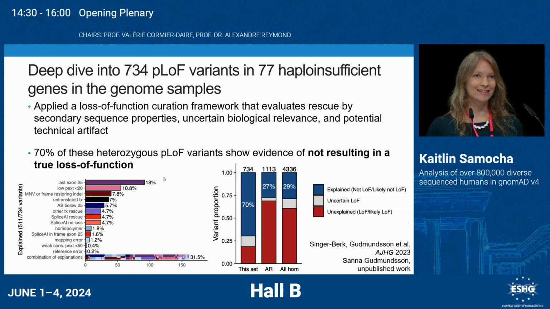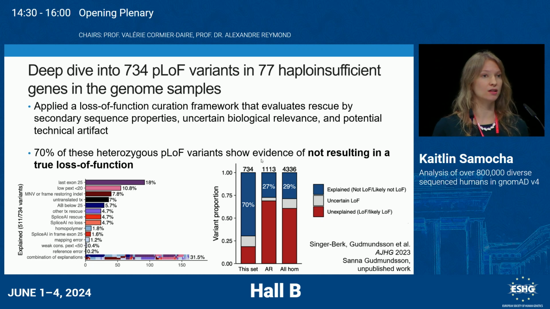Quite a lot of last exon or low PEX, that's that expression score contributing, but you do see frame restoring indels contribute to a number of them, and of course, there's a combination of explanations that contribute to a lot. So the 70% that have evidence of not resulting in a true loss of function here for this set, by contrast, when you compare it to heterozygous pLoF variants in 22 autosomal recessive genes, you see only 27% of those